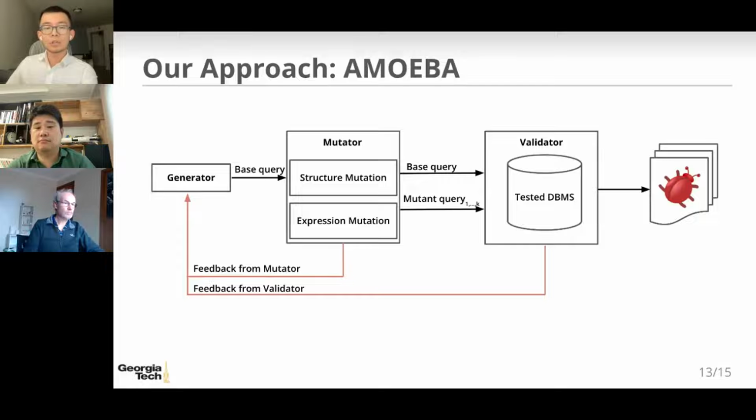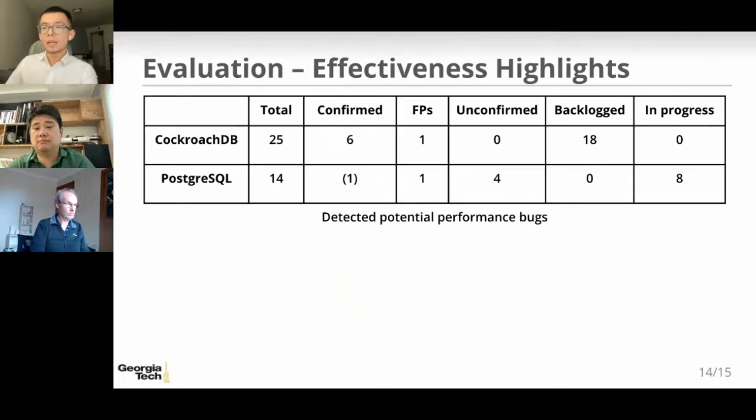Amoeba also includes a feedback mechanism that allows for exploring query spaces that are more likely to discover performance bugs. In our evaluation, we applied Amoeba to TiDB, CockroachDB, and PostgreSQL, and investigated a number of research questions. In this short talk, we only focus on the part of the evaluation aimed at assessing the effectiveness of Amoeba